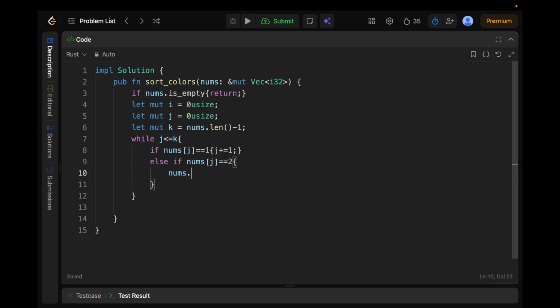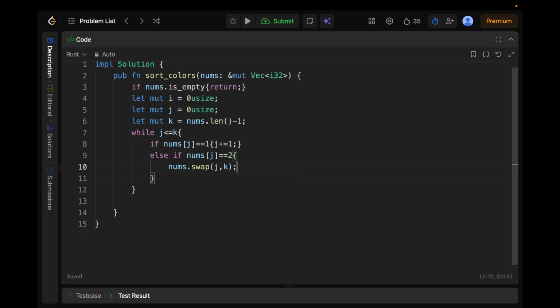So this is nums dot swap j comma k. Okay, so I swap the current element with the element at index k. Now if my k is equal to 0, in that case I would simply break,